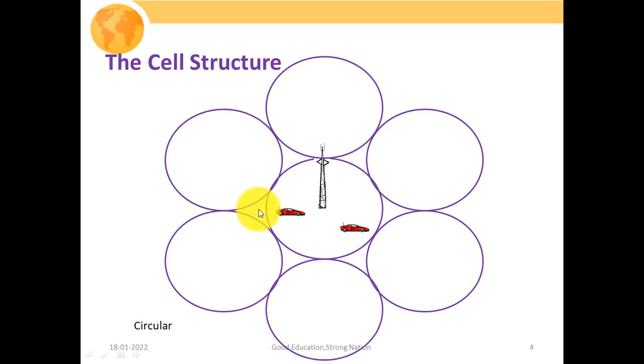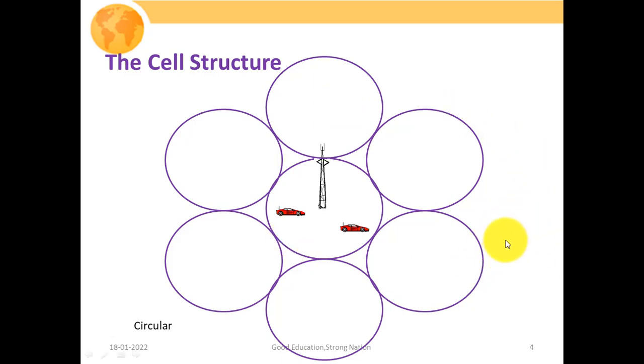So if a particular user lies in this void space, then in this scenario, it will not get any sort of service from any base station. That is why we can say that this sort of cellular structure is not good. One point I would like to mention here is, please consider that in cellular planning, the cell structure should be of 3D type. I mean the actual cell shape is a kind of sphere, but since we cannot show this 3D figure in this particular system, we are considering 2D structures.